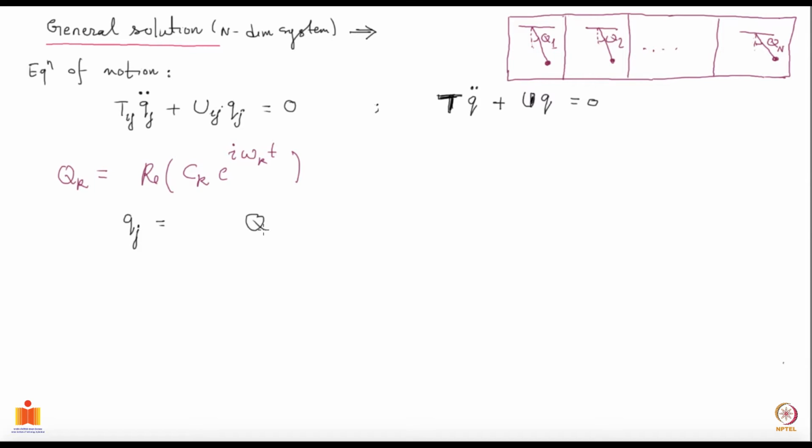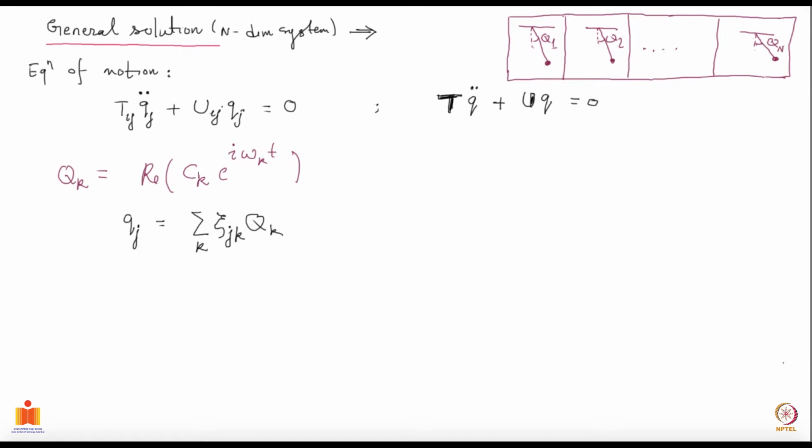It will be a linear sum of all the one-dimensional oscillators, and they will all come with some coefficients, xi j k. So there is a summation over k implied here. Maybe I can make it explicit. And these xi's will be determined by us. I mean, we have to calculate. We don't have control over what xi is. That should be clear. What you can control is what is ck.